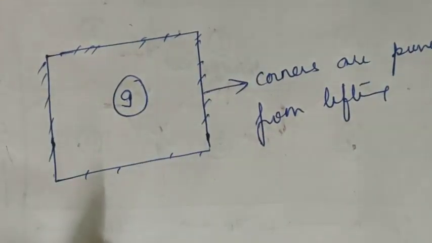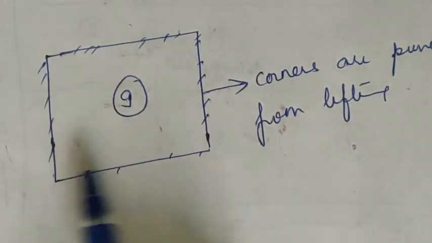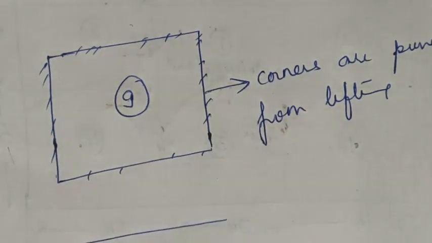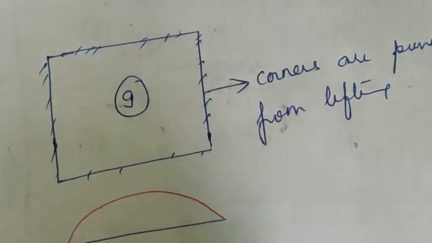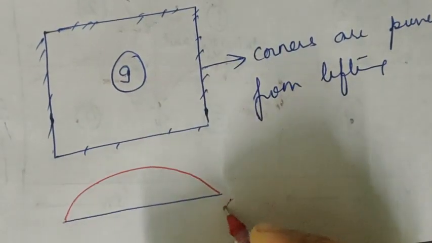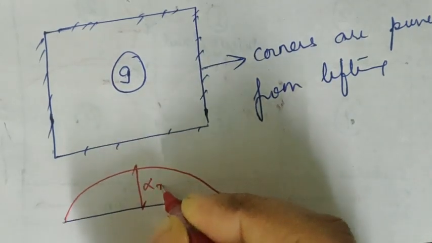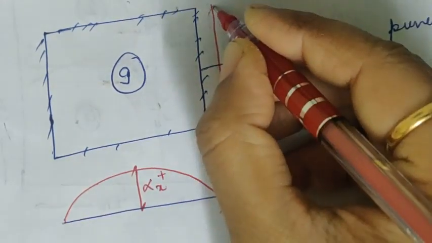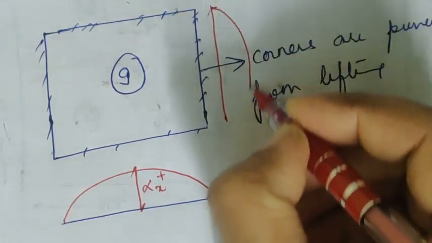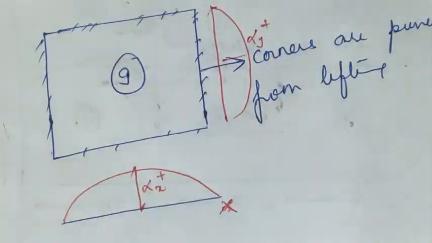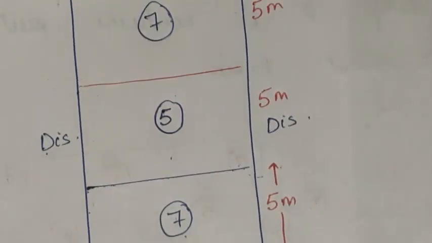Now looking at case number 9, we have already done case number 9. Because in this case number 9, the system is simply supported at these edges. The bending moment diagram is going to be simply like this. There will not be any negative moment coefficient here. So the alpha values are not there. We will simply have alpha x plus. In the other direction, we will have alpha y plus. Okay, only the midspan.